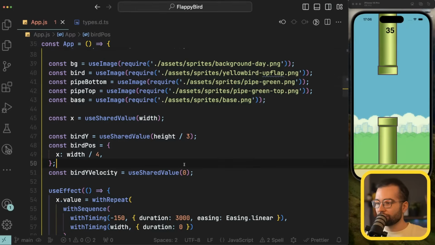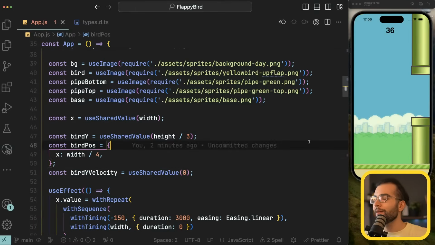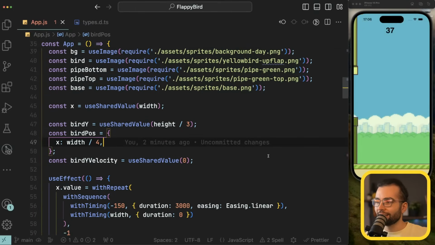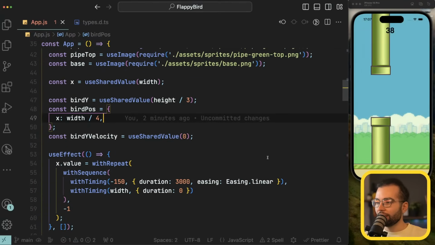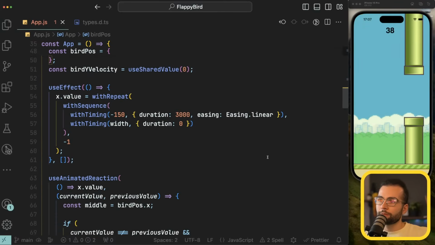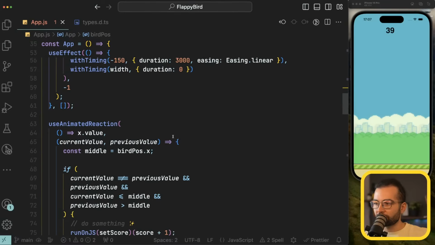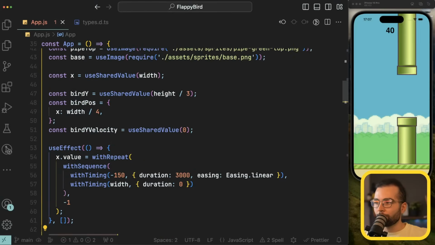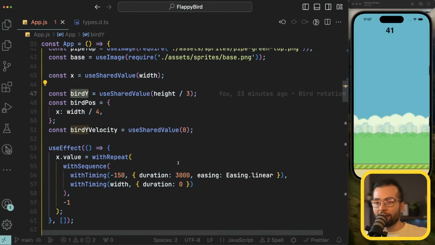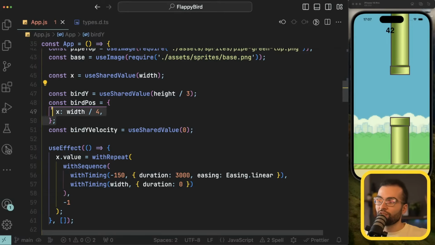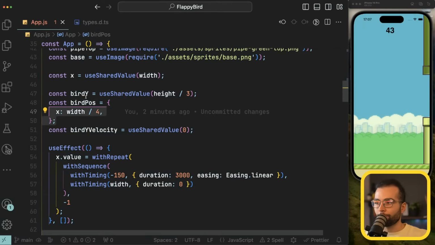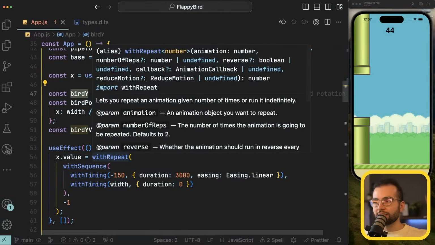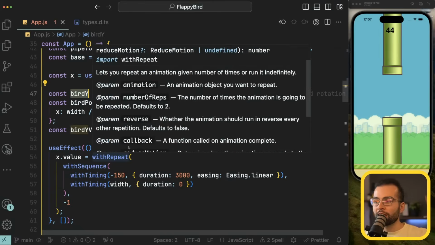All right, so collision detection. There are a lot of collision detections that we have to do, but I think the collision detection is also going to be an animated reaction, but this time on the bird Y. So every time the bird Y position is going to change, because the X never changes, the X remains the same. The bird Y position goes up and down, and every time it happens,